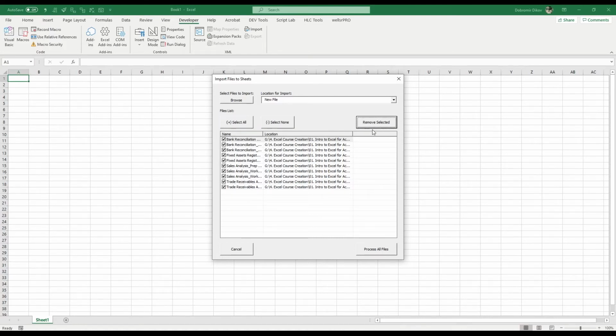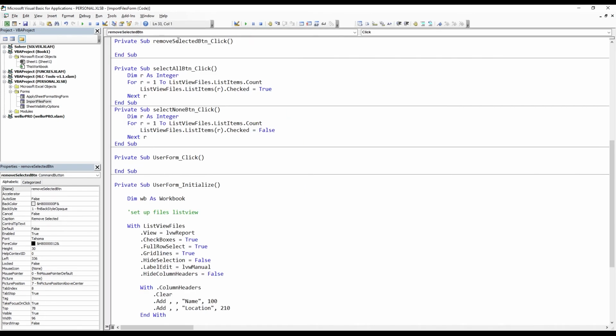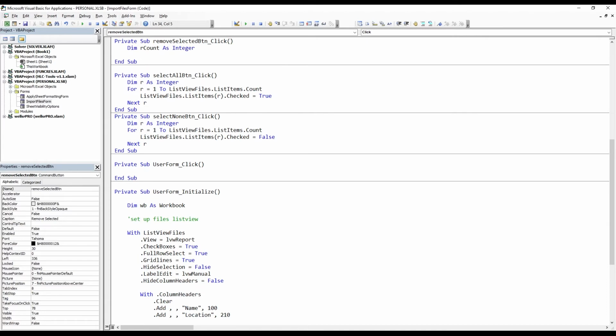Okay, now it's time to make sure our remove selected button works as well. Double click on it to create the click event, and now I'm gonna need, let's say, our count. Well, we could have used R again, but okay, let's use our count. So this is our counter for our rows as integer. And here's our loop. So for our count equals to